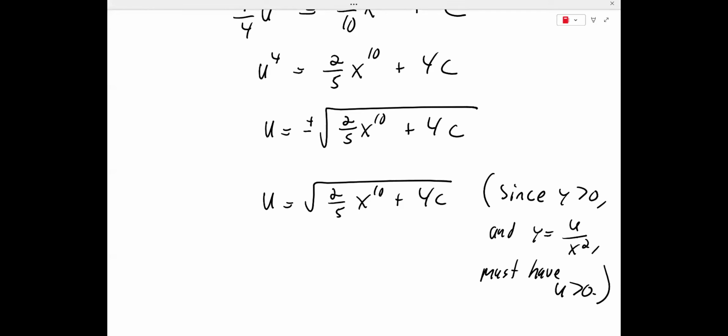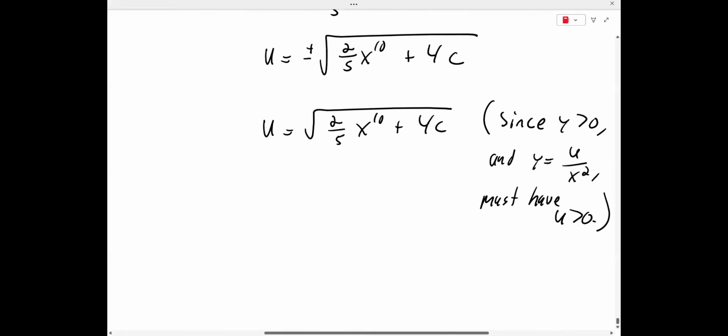Now, the reason I mentioned that too, let me finish it up here first. So now we got this. So with the assumption y is greater than 0. If you didn't have the assumption y is greater than 0, then you'd have a plus or minus here, and then you put the u back in front up here. But anyway, now